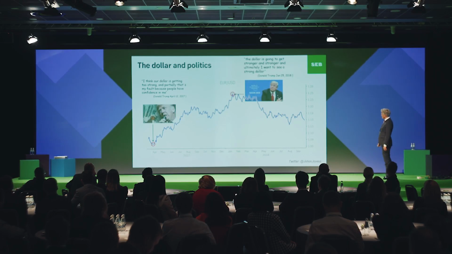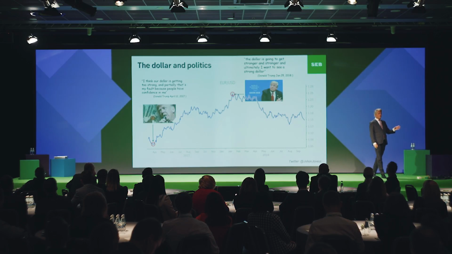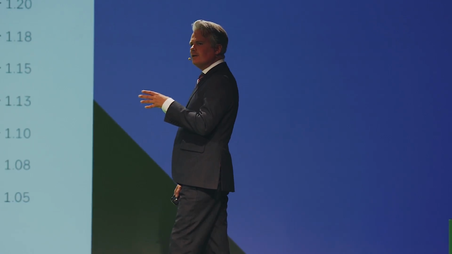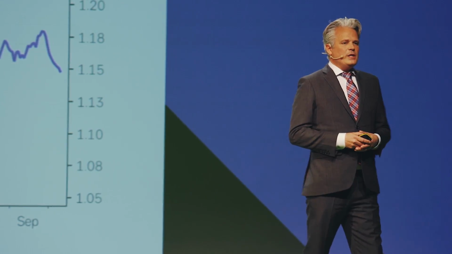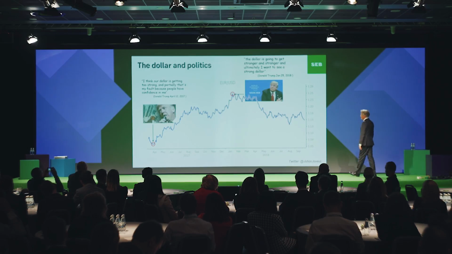Again, Donald Trump out saying, the dollar is going to get stronger and stronger, and I ultimately want to see a stronger dollar. Dollar stopped weakening, and it's now sort of, well, it's right where the president wants it, right? Between 106 and 125. So, I don't think that we should look to the dollar to do the trick in terms of fixing the trade deficit. It's going to take much more in terms of dollar weakening to even make a small dent into the trade deficit. We actually think that the dollar against the euro will remain around these levels for the next year. So, then you have this.